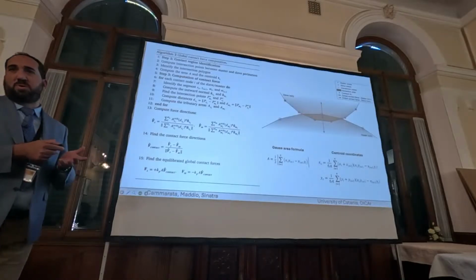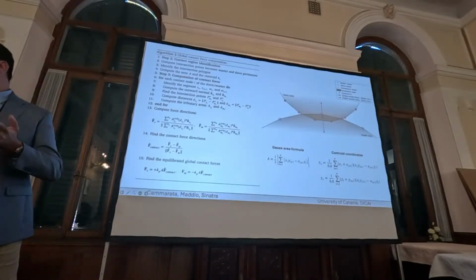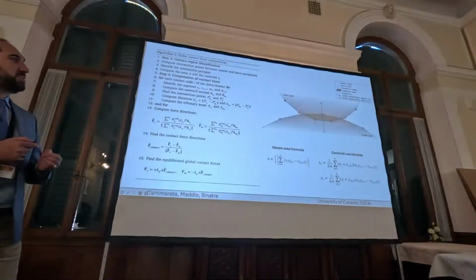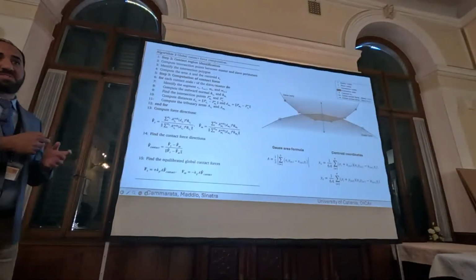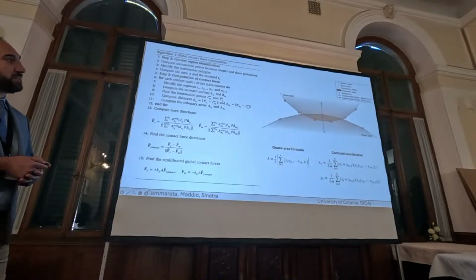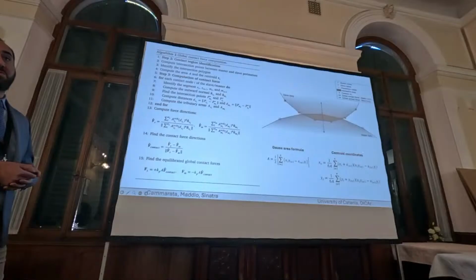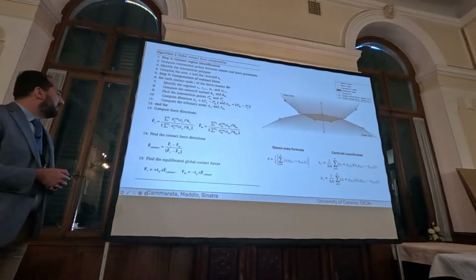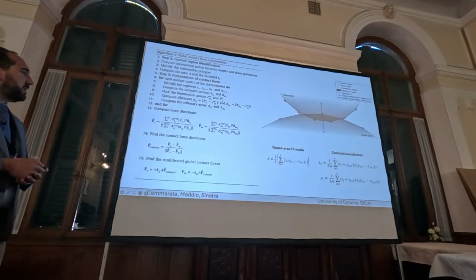So the intersection points are not points of the perimeter, but are other points that we add to our system in order to more precisely calculate the overlapping area. And after that, we calculate the centroid coordinates. So the centroid coordinates, for example, in this case, is this point. And the formula to calculate